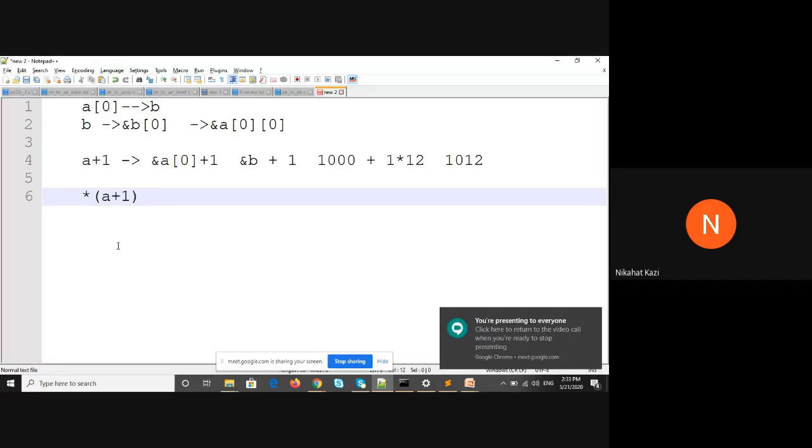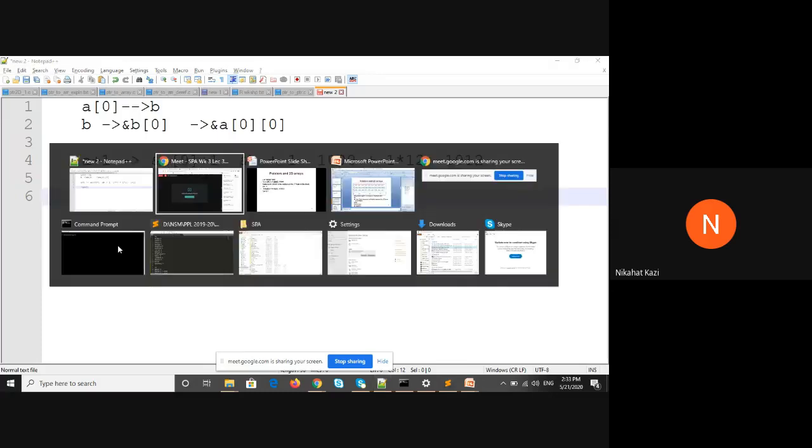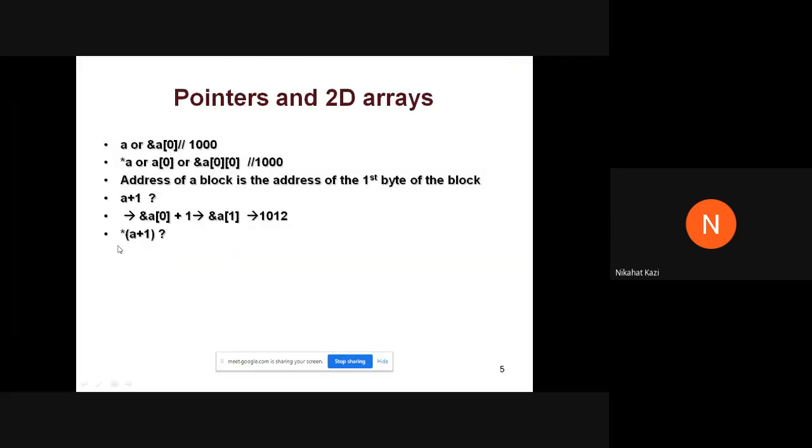You want to see the array element? Okay.